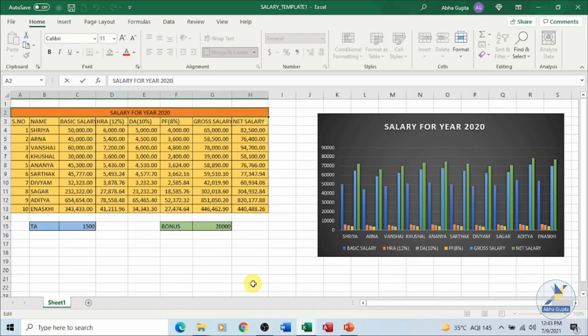So in this part we have seen how we can make use of the built-in templates, how we can download a template from office.com, how you can create your own custom template, and once you are done creating your custom template, you can make use of that template to create your workbook, your worksheet. In the next part, part 8, we will see how we can change the settings while we are trying to print a worksheet. So part 8 will be printing a worksheet.